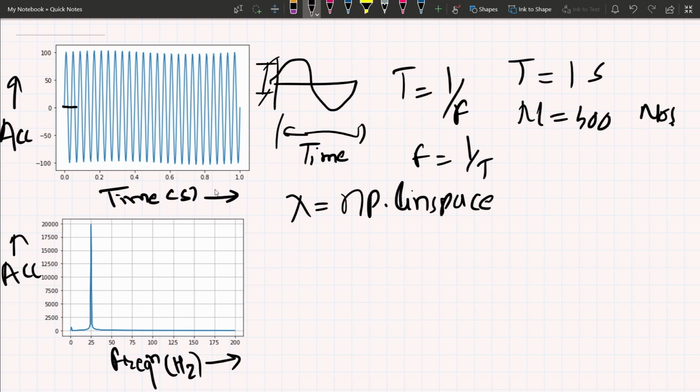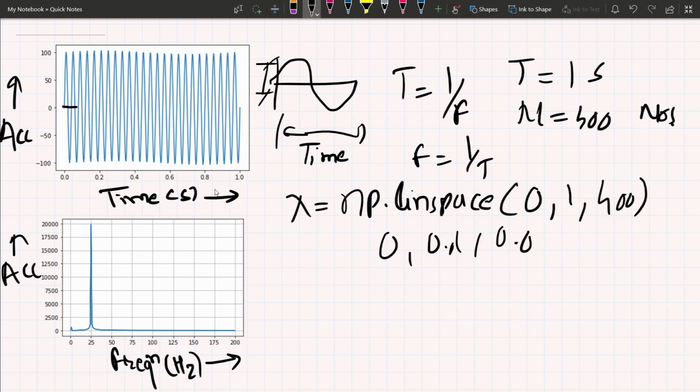Please watch the full video for more details. np.linspace will start with 0 and end with 1 second, and the number of divisions is around 400. So it will generate 0, 0.01, 0.02 up to 1 second.